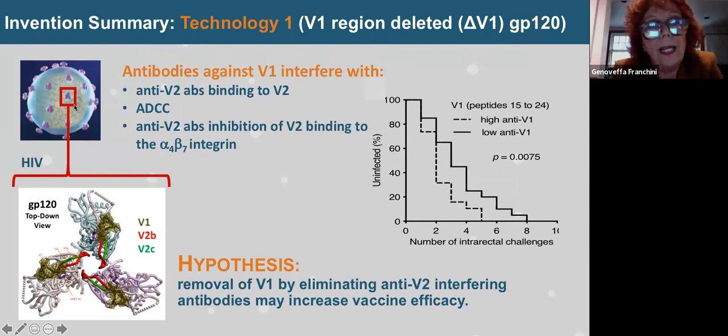What you can see here highlighted in red is a trimer, which is the envelope of the virus. Basically, three molecules of this envelope are associated with each other. This is very important for the virus entry into the cells. On the bottom here, you can see a cartoon of the structure of the virus,